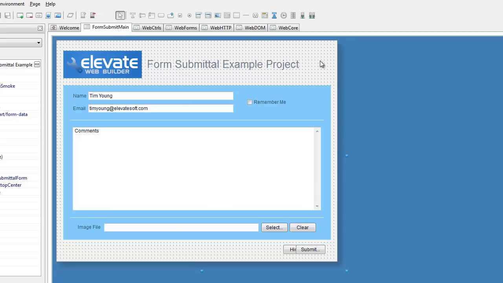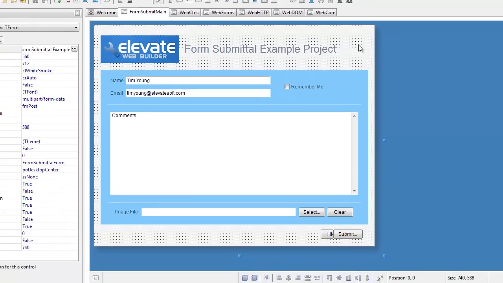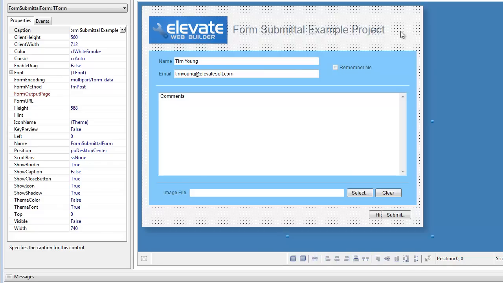Pull up the main form. The way that the HTML form functionality works in the Elevate Web Builder framework is through the form and panel components. You can use either one of those two components to submit a form to a backend web server. The properties and methods that make this possible are